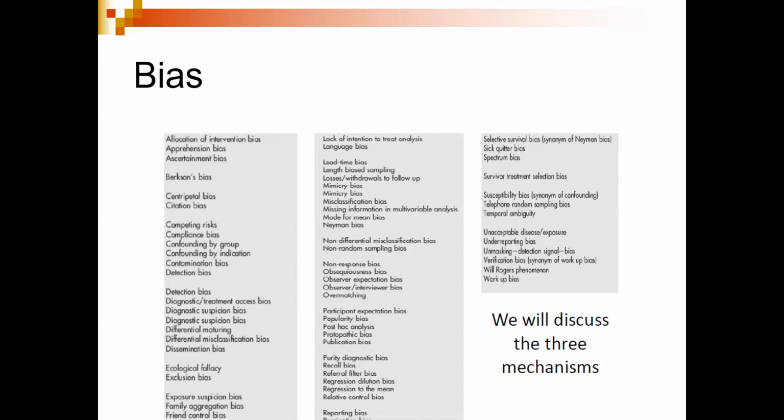There are so many biases. I think you can see all these words here. They're really trying to describe some of the words where bias is used. So you've got allocation, intervention bias, apprehension bias, ascertainment bias, detection bias, diagnostic, whatever. So there are a lot of these biases,